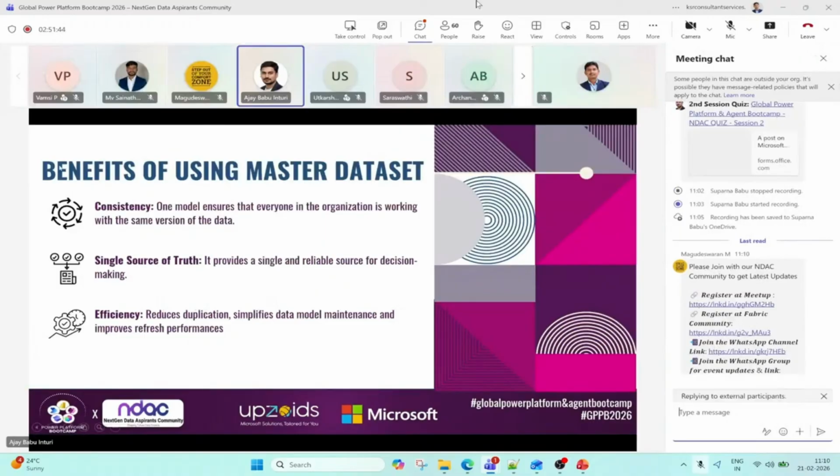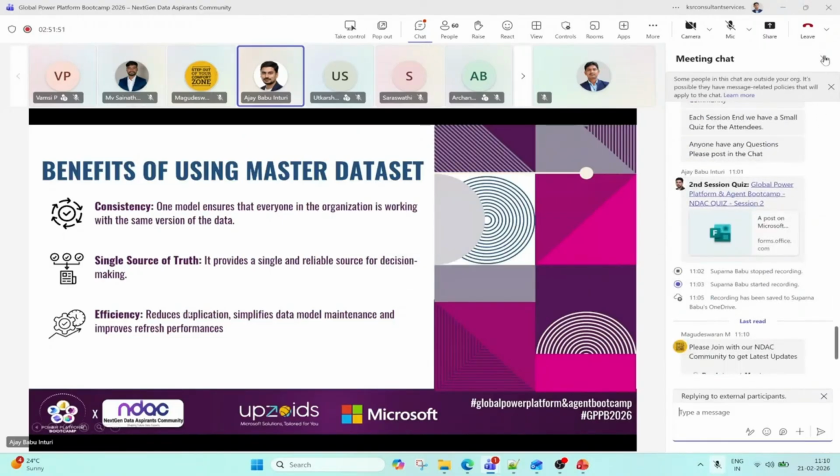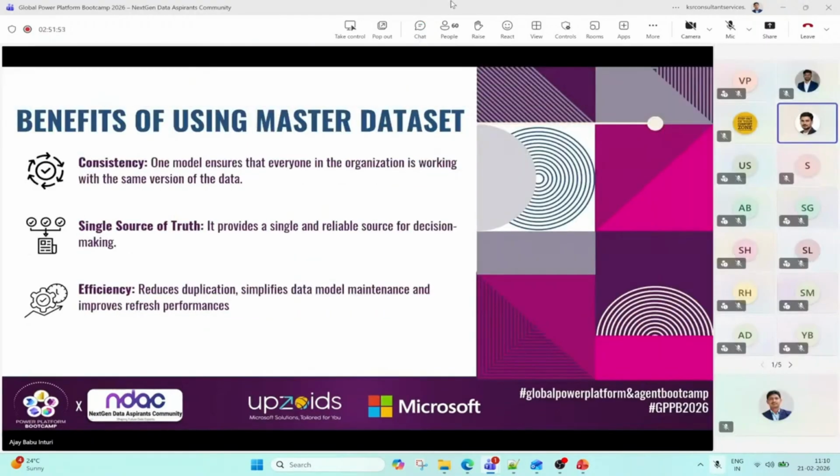As I told, when we are pulling multiple data from multiple data warehouses for multiple reports, it increases the redundancy of work and high consumption of resources. So to reduce that work, we use the single data set. When we are using the single semantic model, it will reduce our data duplication and simplify the data model maintenance.